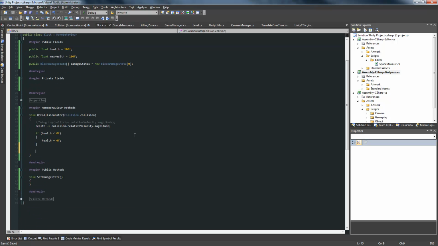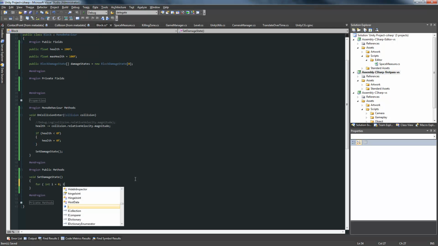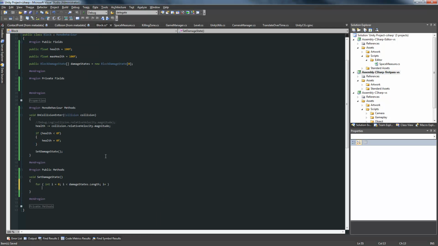Okay, so set damage state. Let's loop through our damage state. I'm not going to do too much error handling in here for human error of setting up the states, not in an environment where there's multiple programmers working on this. I know that I should be